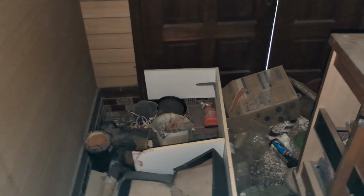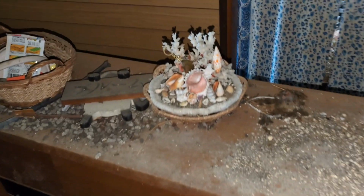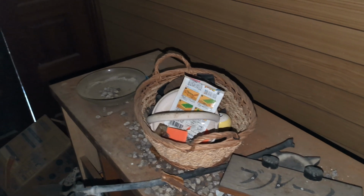So as soon as we get inside, this is the front entranceway. A lot of shoes. We have a whole cupboard full of them. And a lot of dead plants as well. I'm sure they have these as decorations, but they're all gone right now, unfortunately. Right behind us,